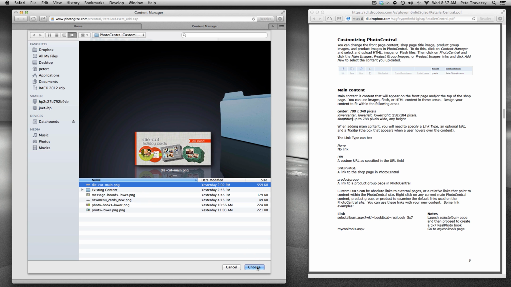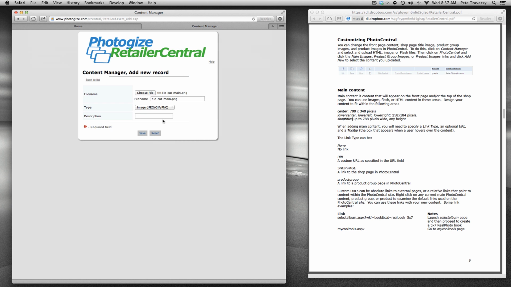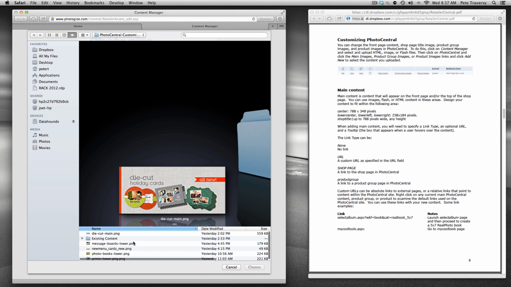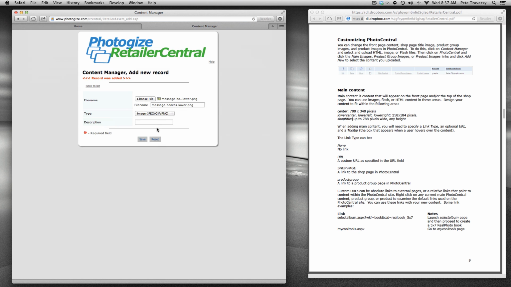So let's start with what I call the die cut main image, and I'm going to give it the name die cut main image. Then I'm going to choose my message boards,